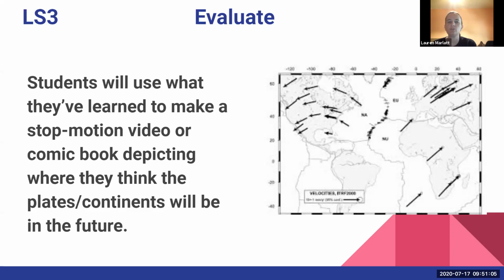So what they're going to do is take a look at where they just ended, and say, okay, 50 million years in the future, where are all of these things going to be? What are we going to see, based on how they're moving now? And what are the land features? What's going to tell me, if I was a student then, what happened and how it happened? So what they're going to do is make some kind of stop motion video,